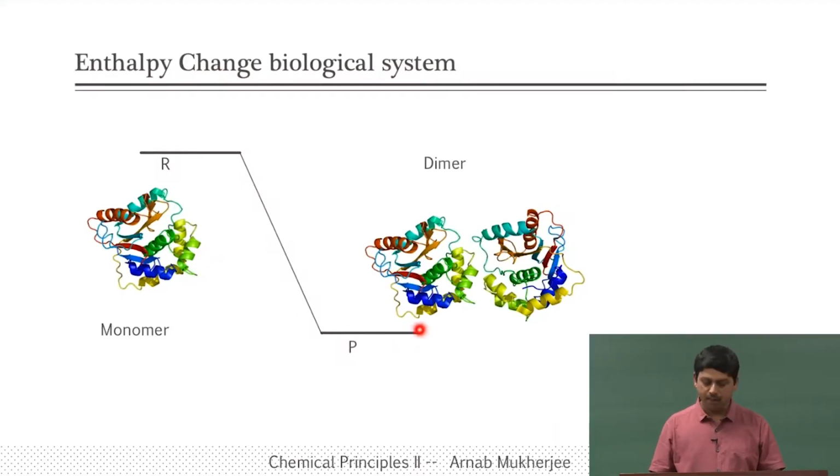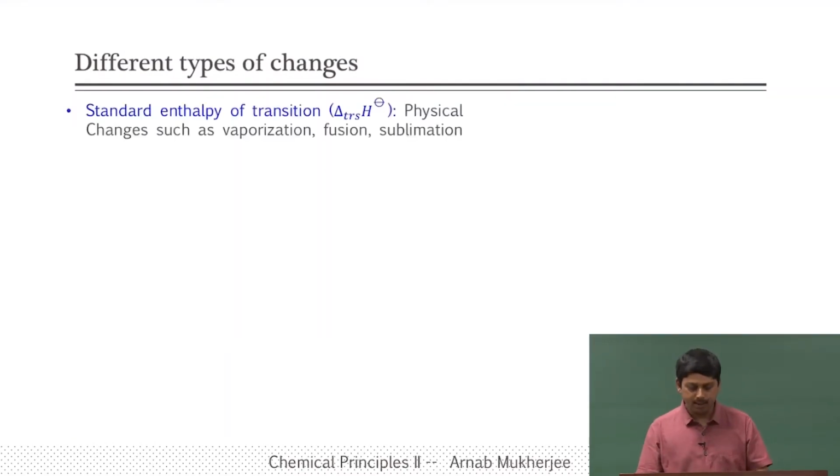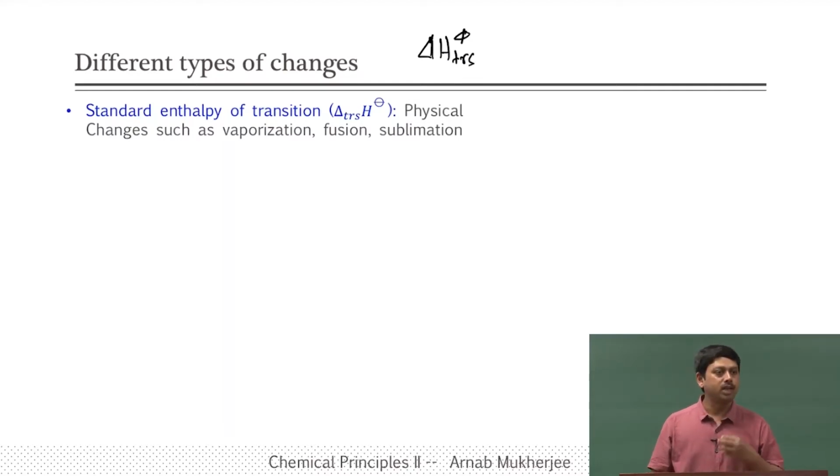So, the point is to show that even for this kind of conformational change, there will be a change associated with the enthalpy. The same is true for the formation of a dimer from monomers, and again it is shown as an enthalpically favorable process. So, at the macroscopic level many different changes happen. One can categorize those changes as enthalpy of transition, and you see the transition is written as delta TRS H with that sign. Earlier the notation was delta H TRS,